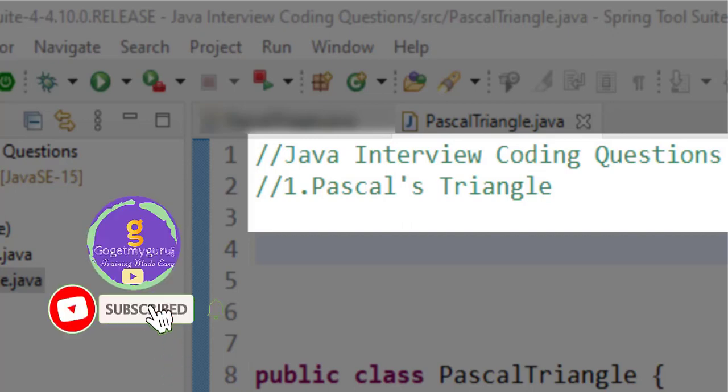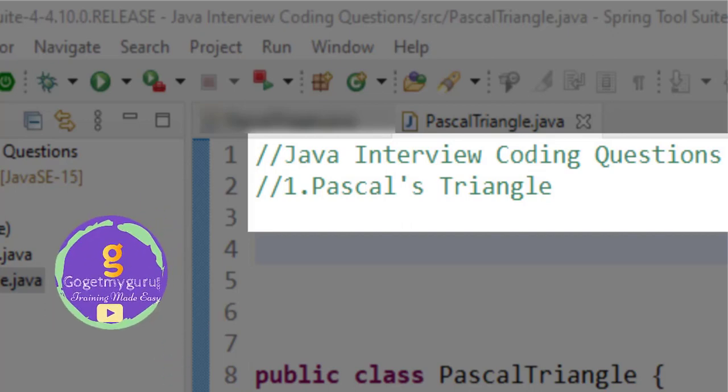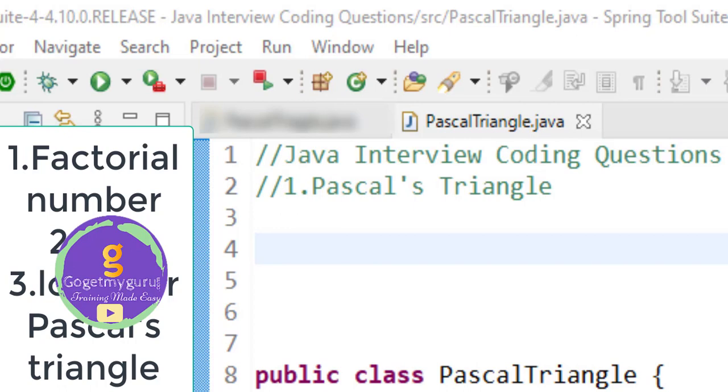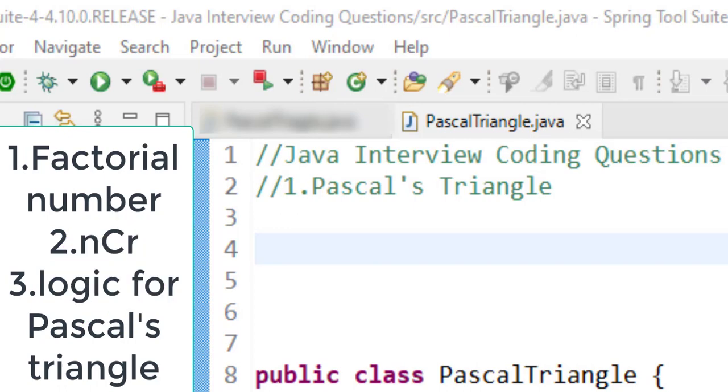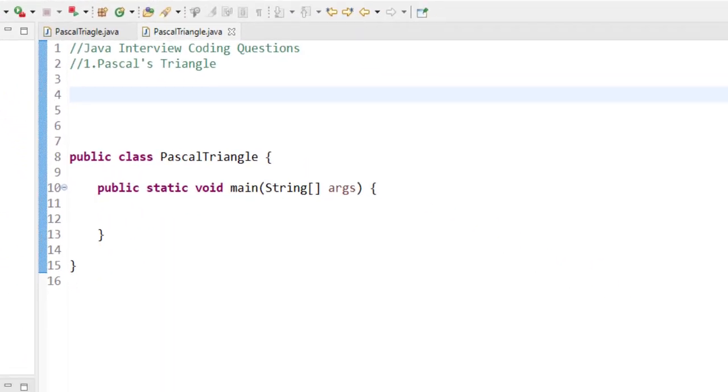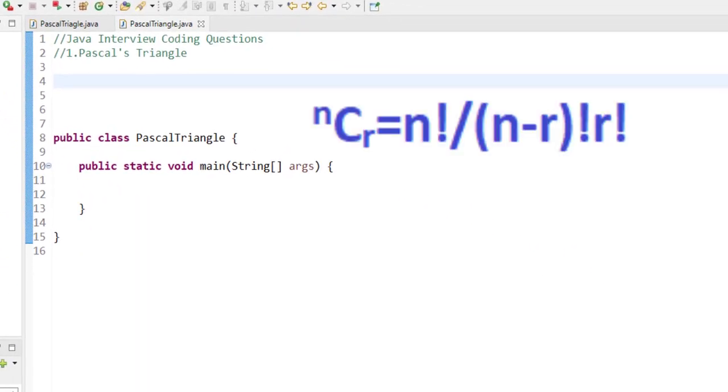Java interview coding questions: Pascal's triangle. To print Pascal's triangle, we have to follow 3 steps. The first step is to find the factorial of a number. So let's start writing code to find the factorial of a number, because to print Pascal's triangle, here I am using